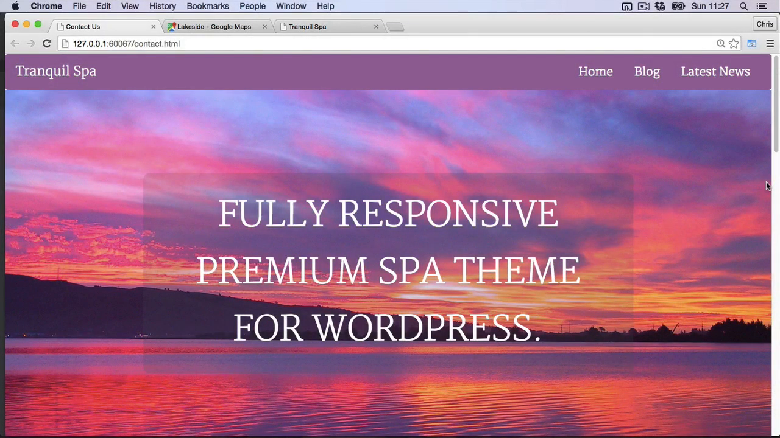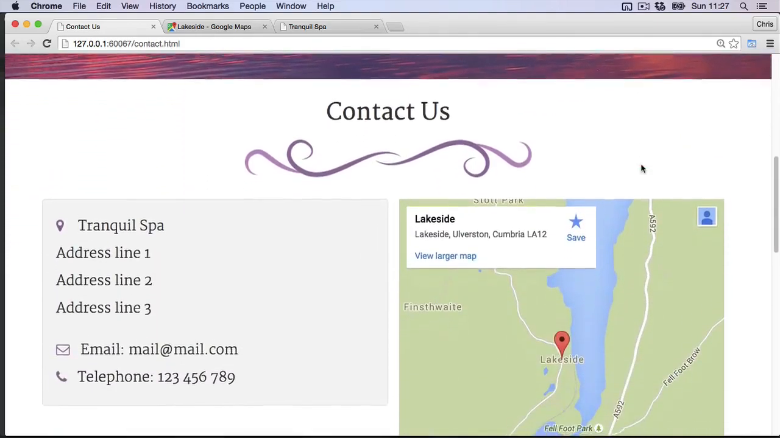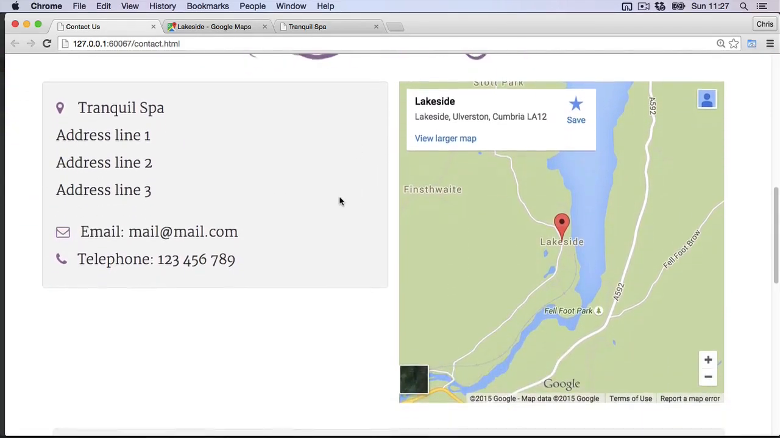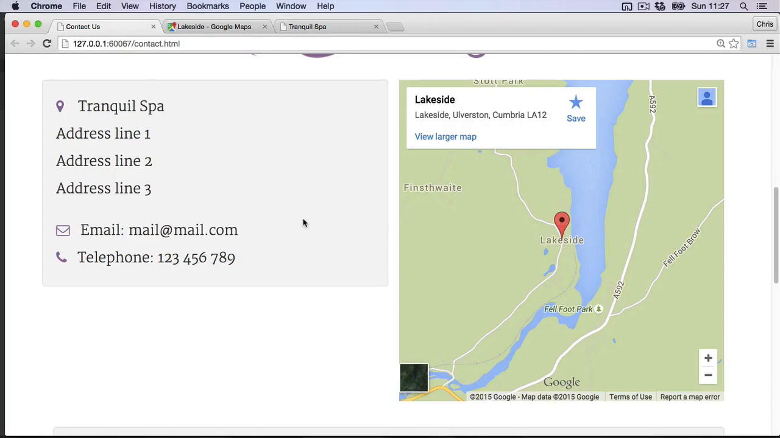So welcome back. In this video we're going to be creating the final page for our Bootstrap template, which is going to be the Contact Us page. So this is what it's going to look like. We've got the Contact Us section, which has two 6-column containers. The one on the left hand side will be for the address details,